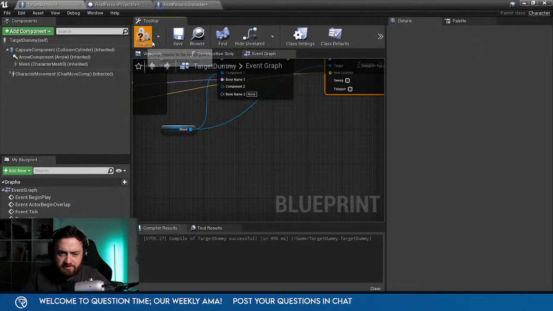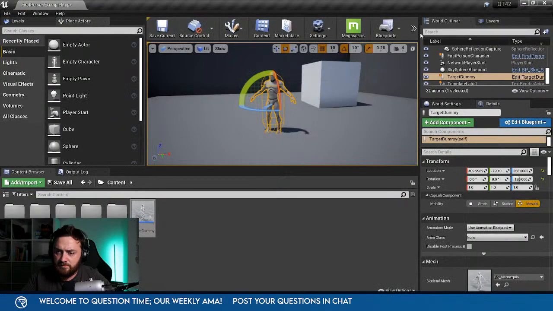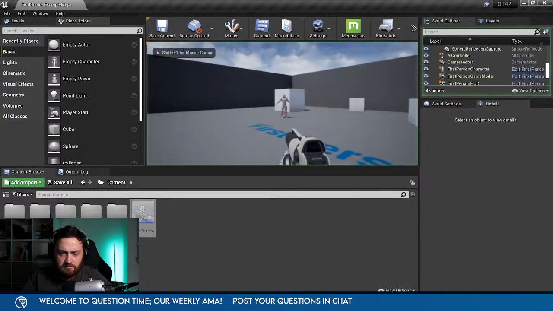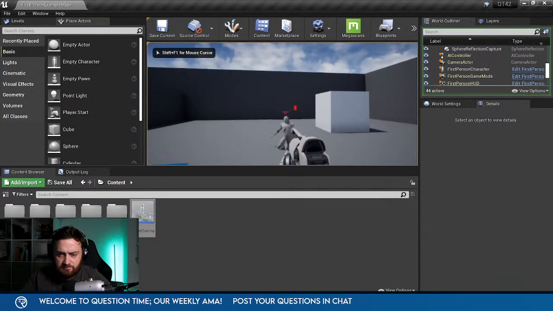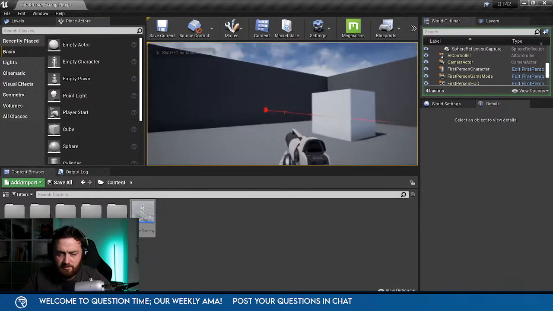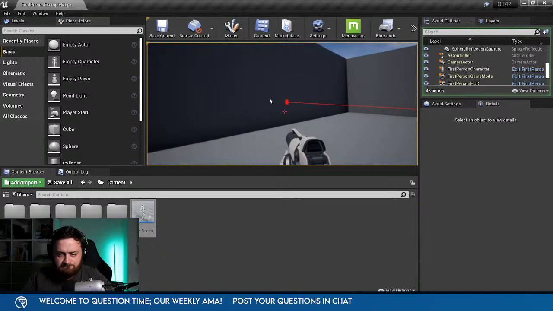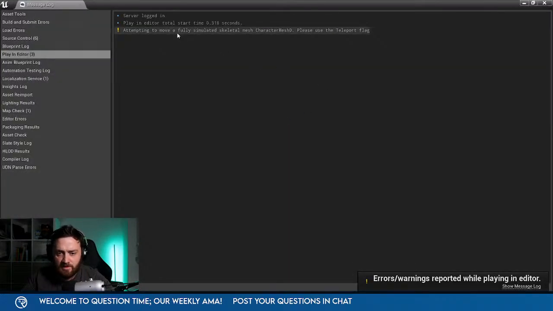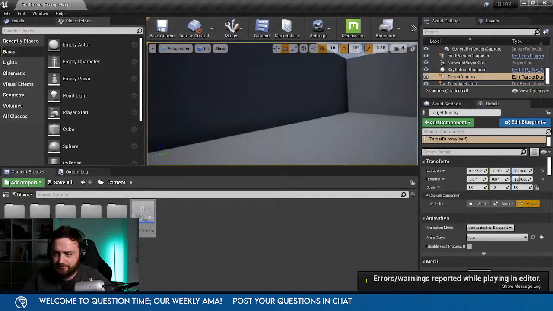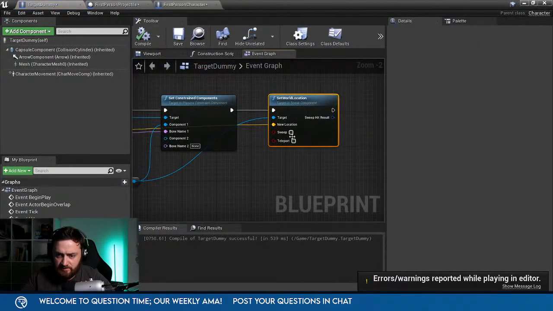See what that does. Oh yeah. Whoops. When you're doing set world location, you have to turn teleport on.